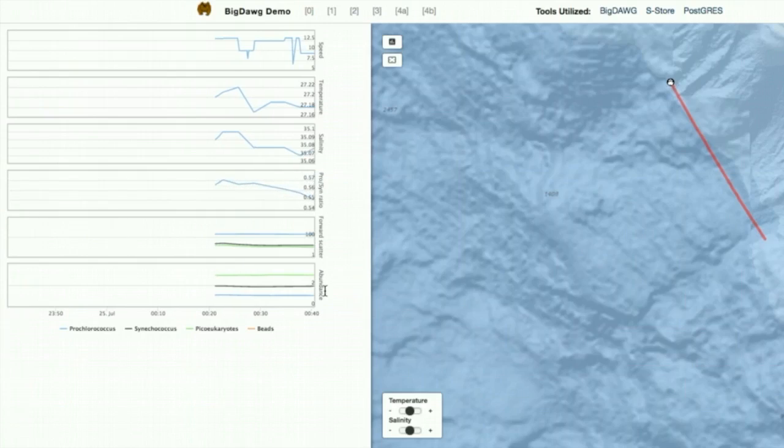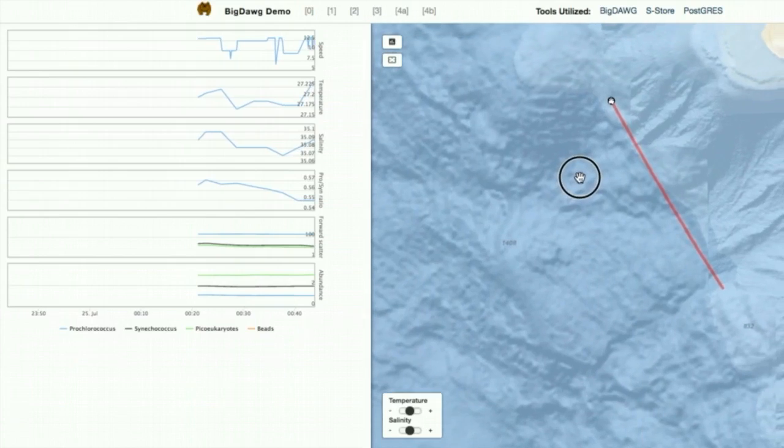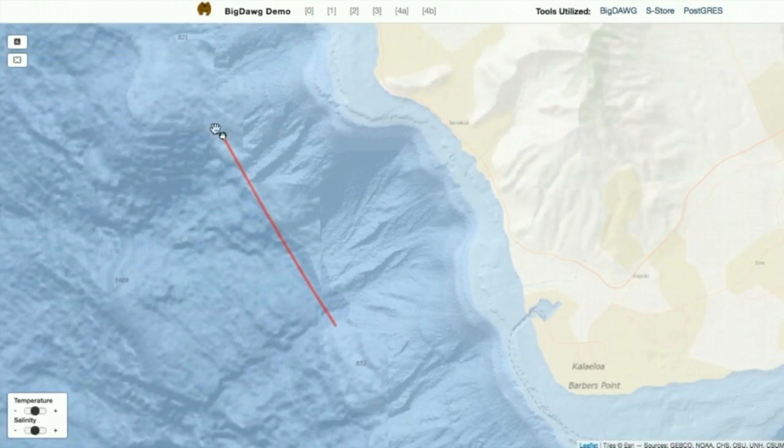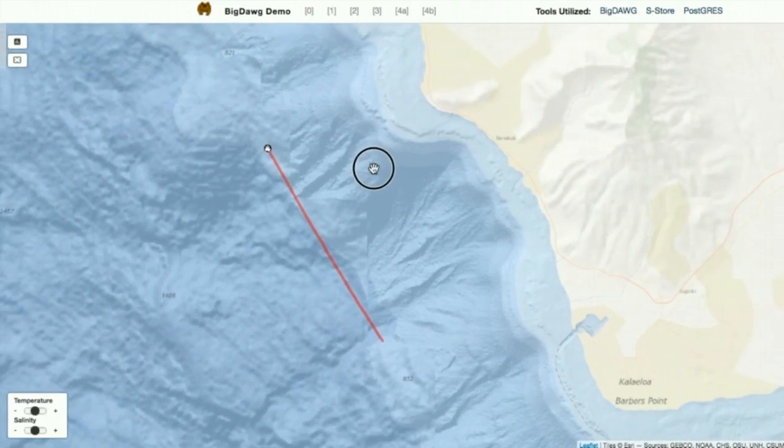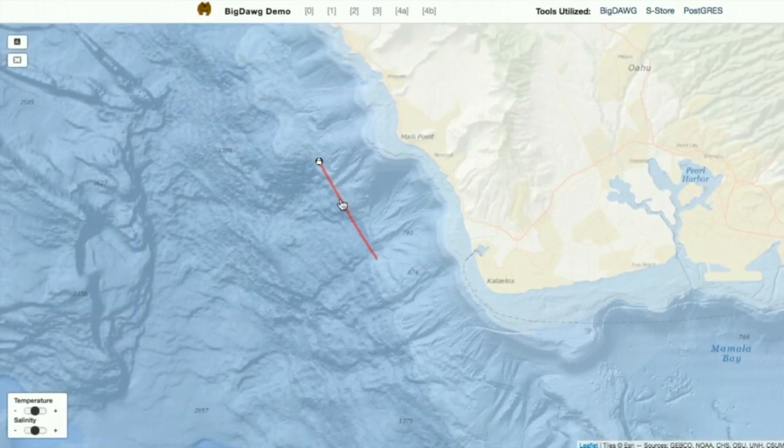And this data is provided by what's called a SeaFlow sensor, which was developed by the Armbrust Lab at the University of Washington. So we might look at the different organisms in the water, such as Prochlorococcus, Synechococcus, picoeukaryotes, or beads, which are just different microorganisms that are in the water, collected and measured by the SeaFlow data system. So now if we go back over here, we see that our ship is moving along the coast of Hawaii,